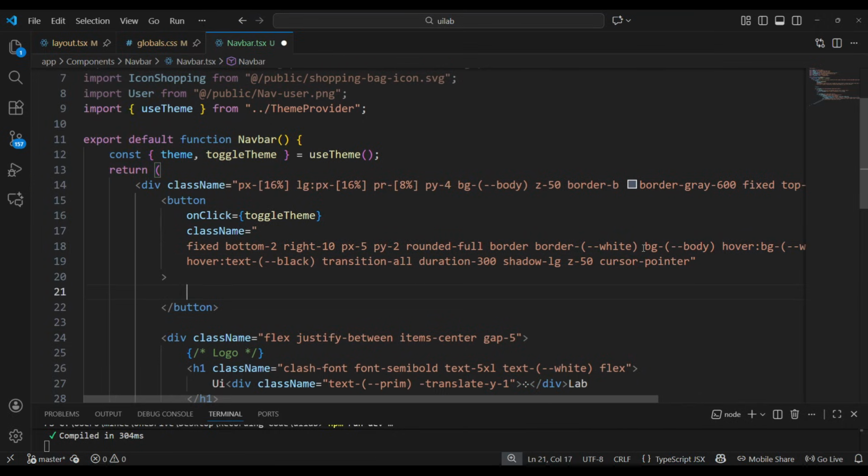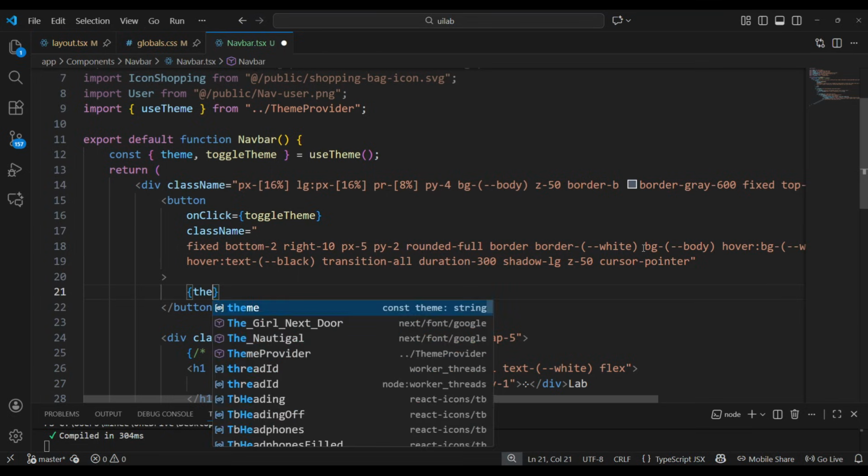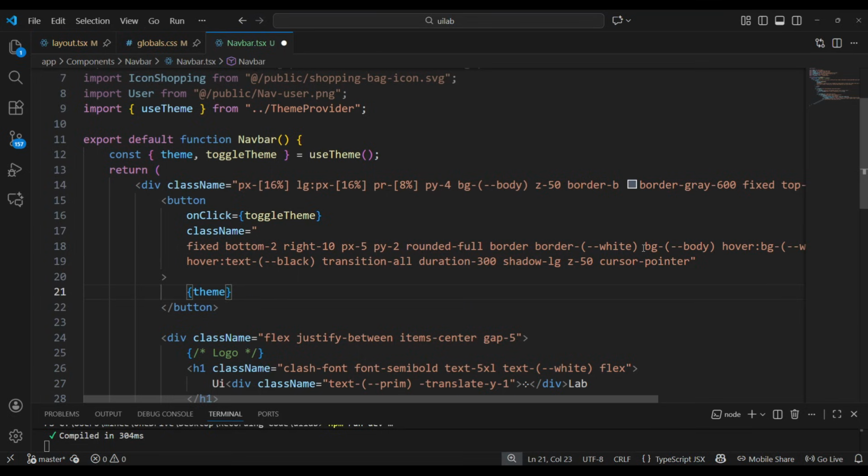So these are the basic classes that we are using for that. Now we have to specify an expression to manage the text which is light or dark. So let's use if theme equals the string dark, then we have to specify for the true element light mode. Otherwise, we have to specify dark mode, right? So this text will be displayed on the button, or it will check the theme value, and